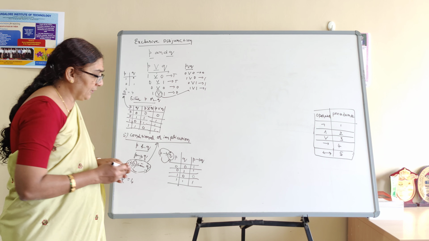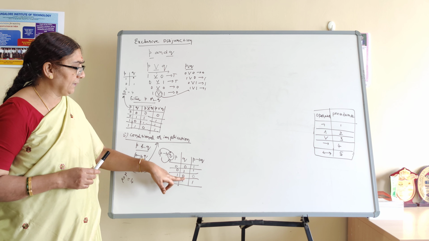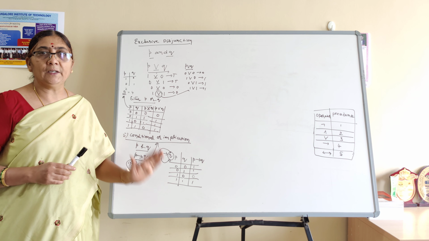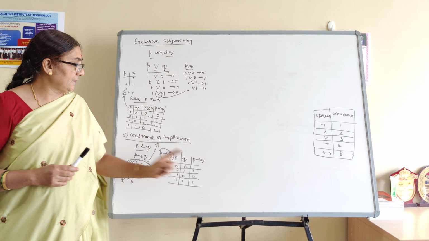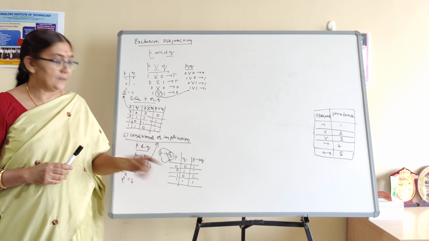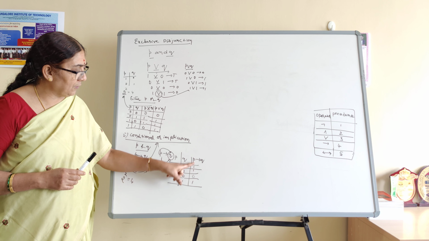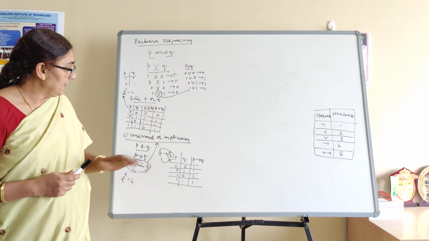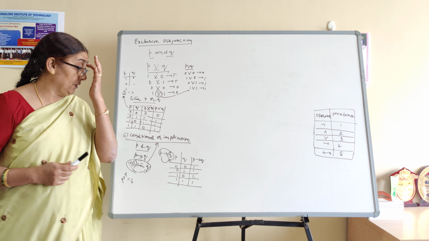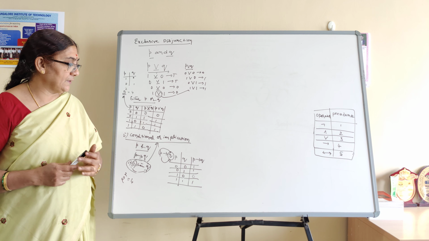Therefore 1 to 0 is false, and the rest of the cases are true. Better to remember the false case, and the rest is true. P conditional Q is false only in the case 1 to 0. The rest, 0 to 0, 0 to 1, and 1 to 1, are true. That's why I tell students it is better to remember the false case, then the rest is easy. Most students get confused with the conditional: it is false at 1 to 0, and the rest of the cases are true.